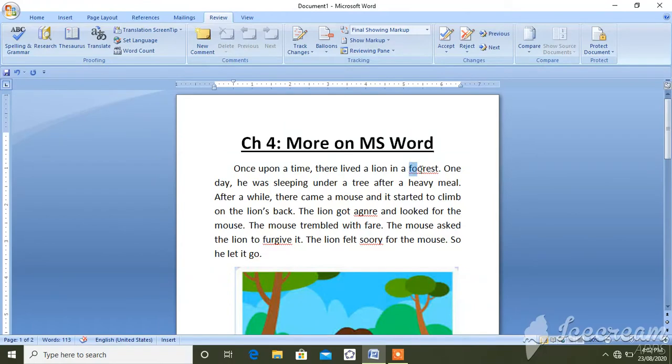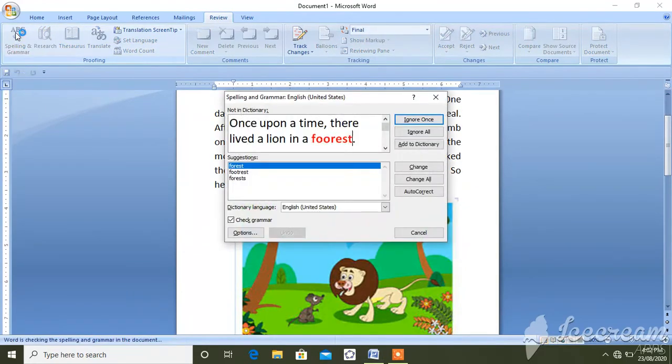Otherwise, select that word with the mouse, click on the Review tab and click on Spelling and Grammar. See here, forest, this word is wrong and the right word is forest. So click here and click on Change.